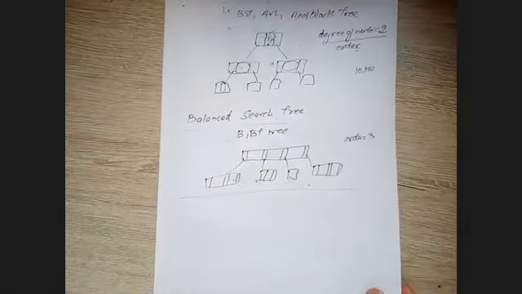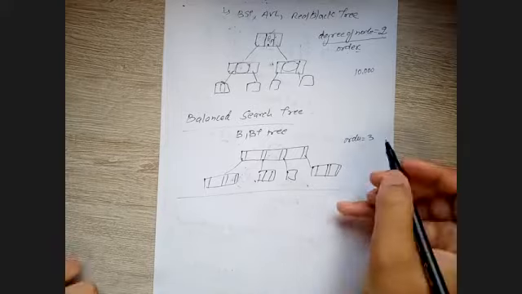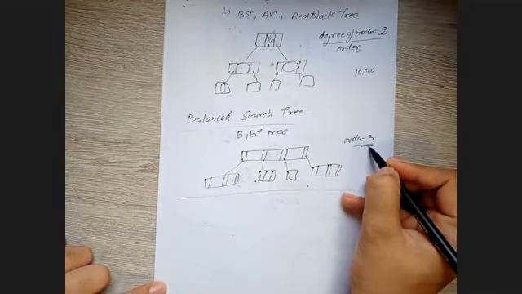right? So this is the reason why we don't use AVL tree over here, and this is a big advantage in B and B plus tree, because order is not fixed. We have variable order, right?